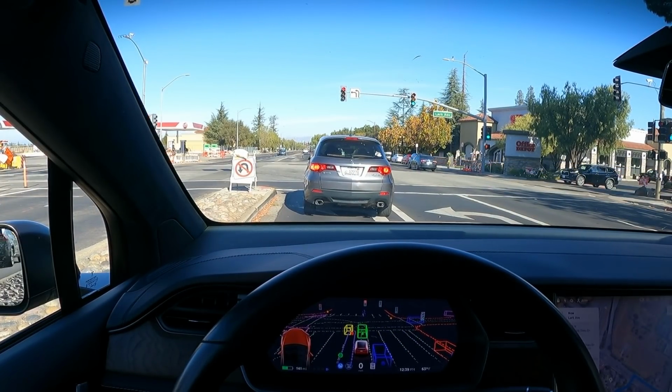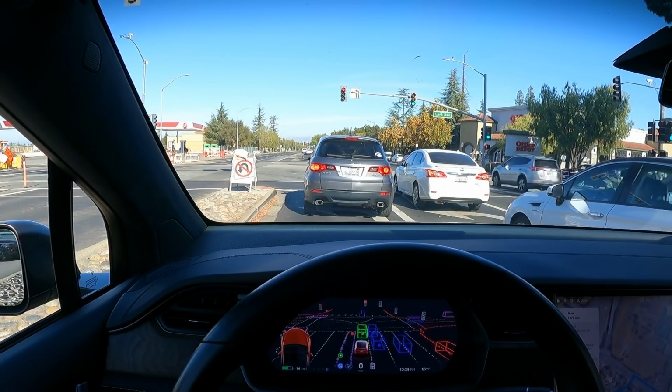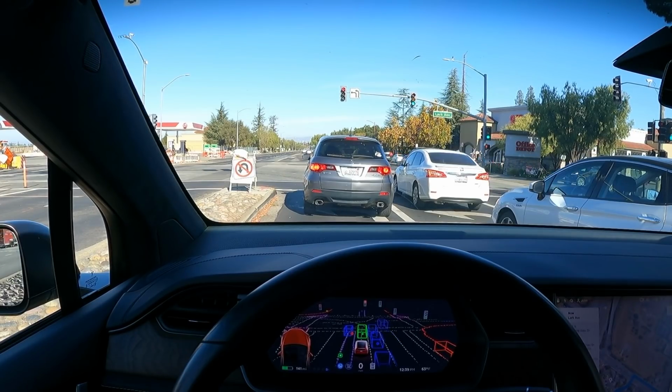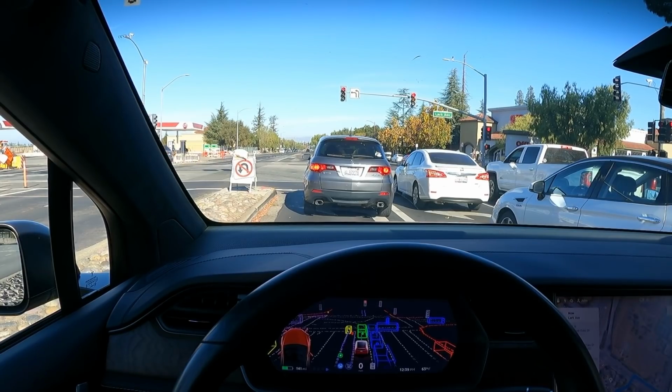I've done Mount Umunhum, which, for those who are locals here in the Bay Area in California, you know that is probably one of the most difficult roads. And I did it while it was somewhat stormy and somewhat windy, so make sure you check out those videos. It is pretty crazy to see the scenarios that it's handled. I've done unprotected left turns. I've done four-way stops. Obviously, you can't always plan to have 4 cars all there at the same time, but at least what I have noticed about the four-way stops is it determines which ones have gone there. I've seen dogs and owners come out, and what it's doing is it's actually predicting what...